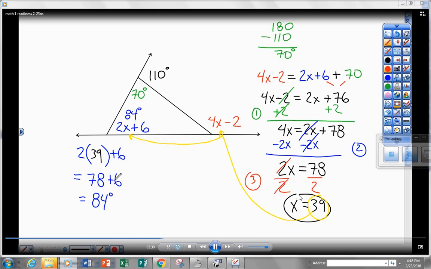So now do the same thing. Take that 39, but this time I'm going to plug it into the red expression. So where that x used to be, I'm going to plug in 39. I still have this 4 times. I still have this minus 2. So 4 times 39 gives me,